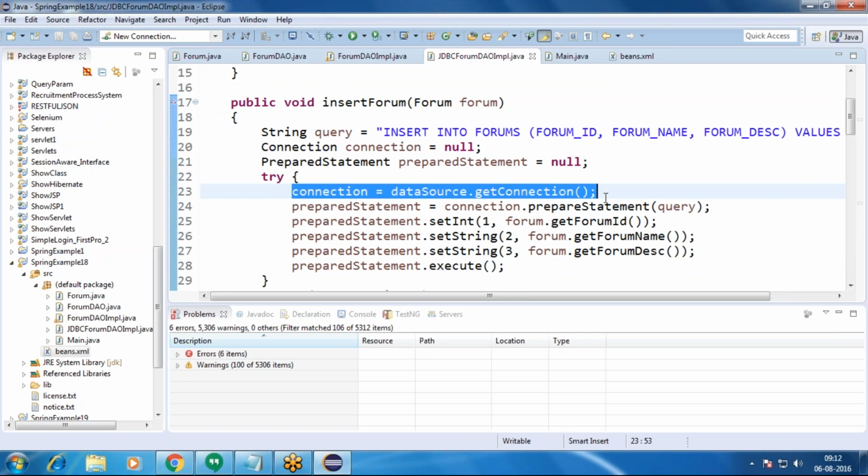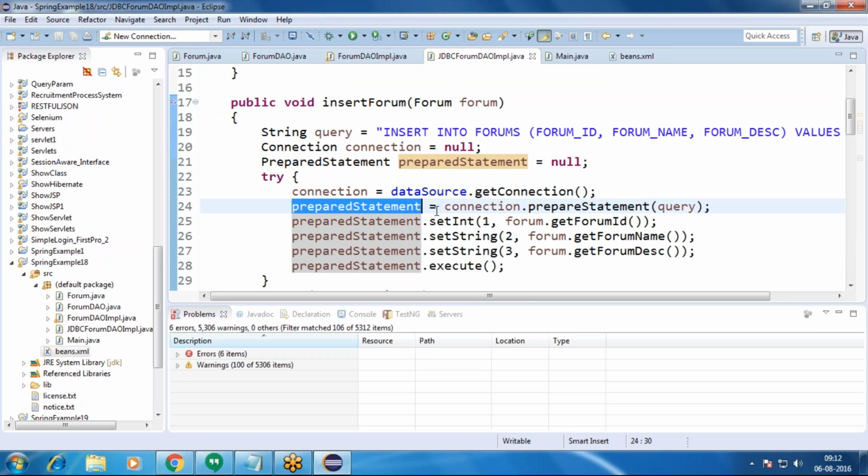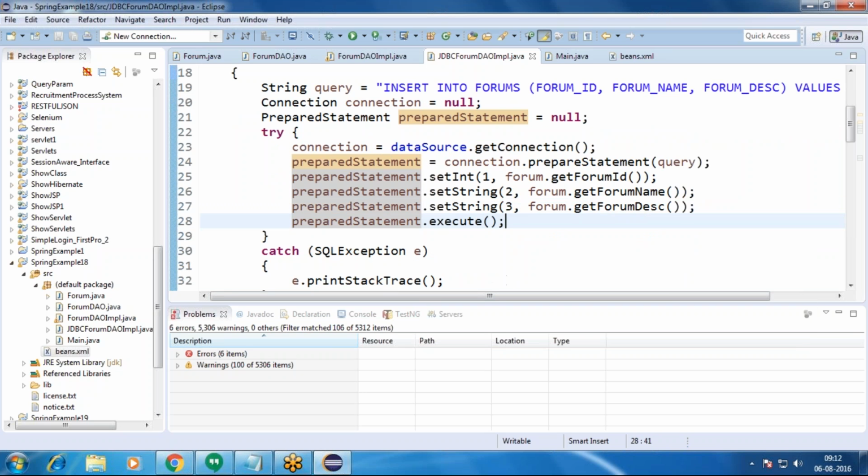Here we created a PreparedStatement object. What is meant by PreparedStatement? We know very well. For the prepared statement we give parameters like forum ID, forum name, and forum description.